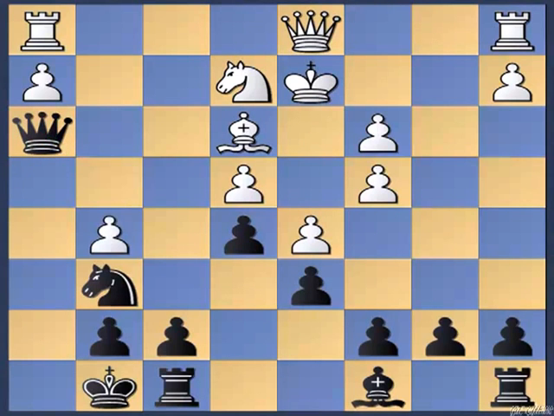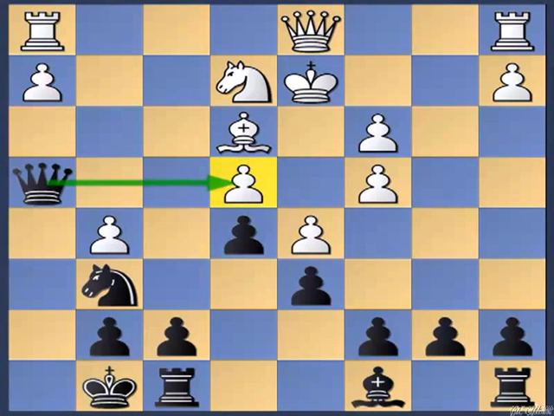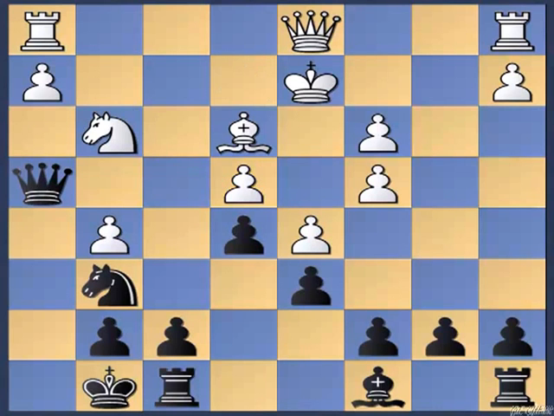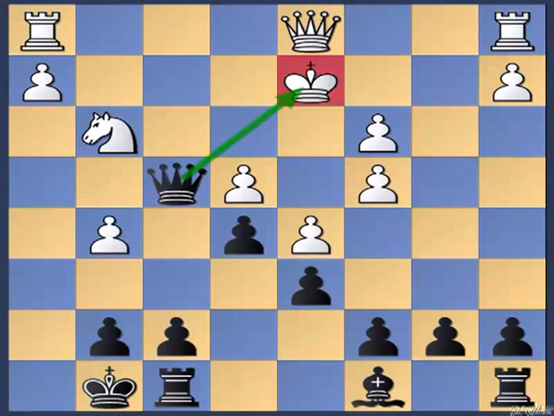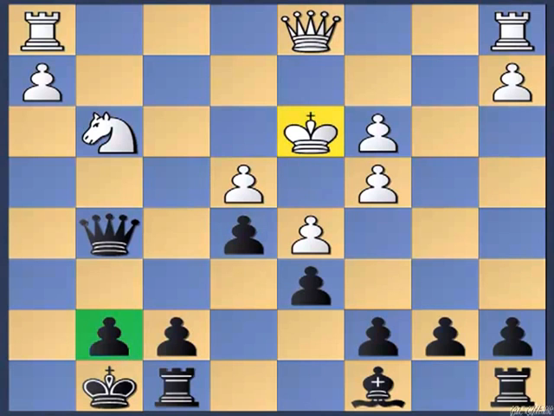My opponent responded with g5, and now I play queen to h4, so attacking the loose e pawn. My opponent defended with knight to g3, and now I play knight to f4, our trademark move. And now this is threatening to capture the g pawn, so my opponent is obliged to capture this knight, and after the queen recaptures, my opponent plays king to d3. But after very simple queen takes g4,